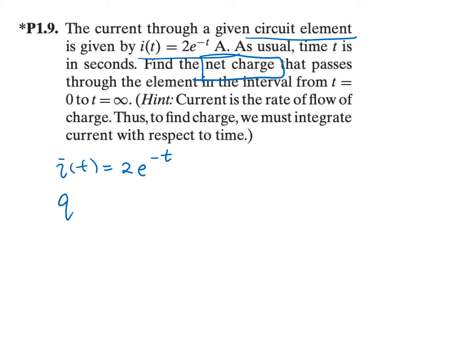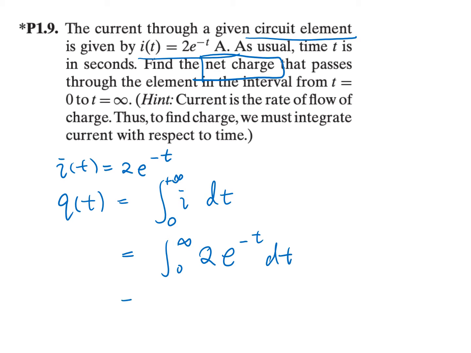So in this case, if we have i to find q, we need to take the integration. So that's q is equal to the integral of i with respect to t from 0 to positive infinity, and that is the integral from 0 to infinity of 2e to the negative t dt,